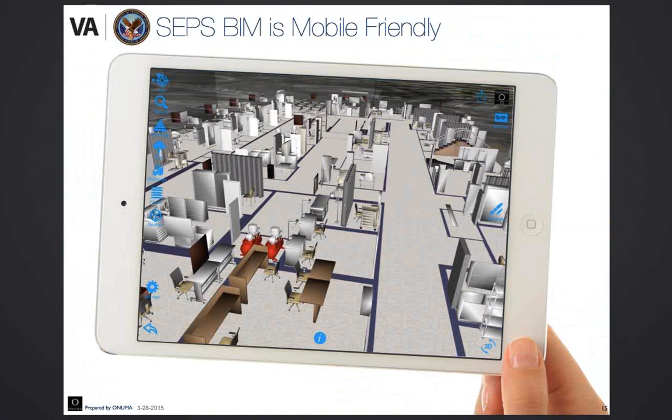And another output, which we'll show in part 2 of this presentation, is there's a lot of other things that can happen now that the SEPS to BIM process is using the templates that VA has created, the prototypical templates of these spaces. You can, for example, open it up on an iPad and say, what does this space look like and what type of equipment is used, by non-BIM experts. You don't have to necessarily be a BIM expert that's using BIM to design and construct a project, but you can use a view like this to confirm what is a requirement